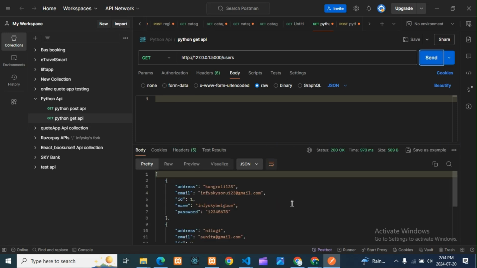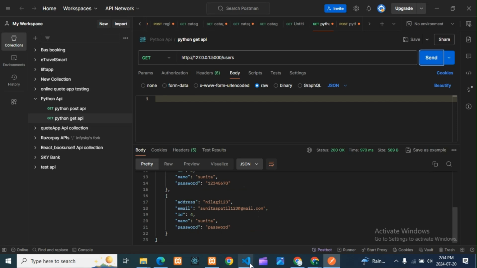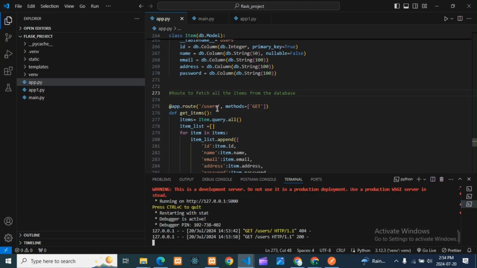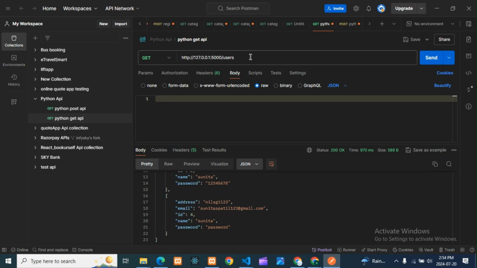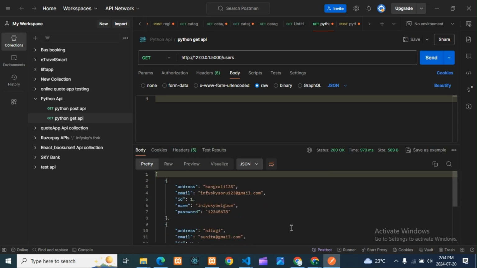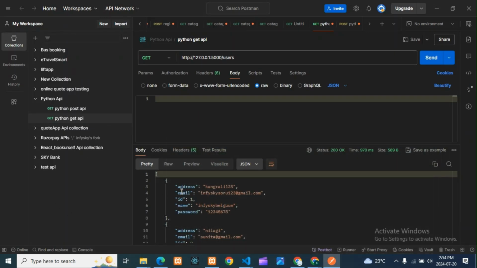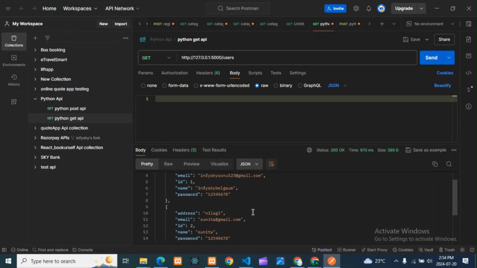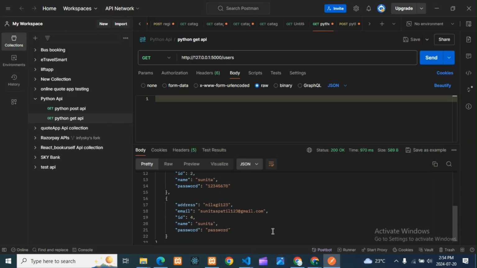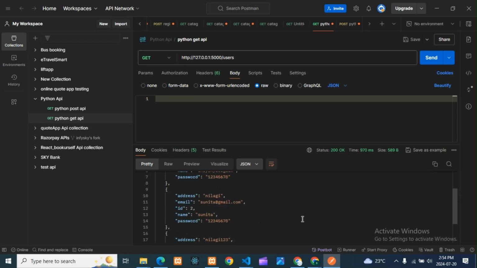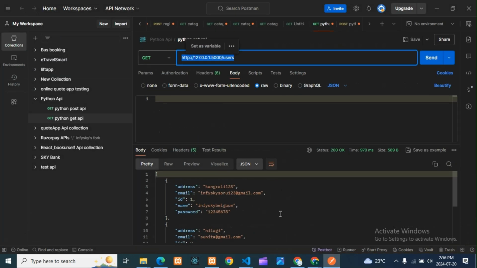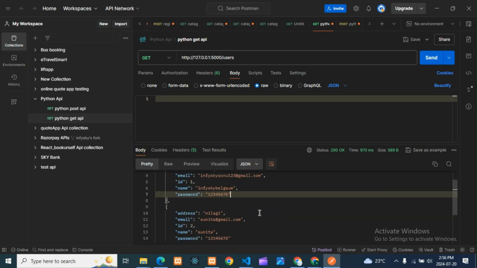Okay, you can see guys, now I got my answer, right? Here you can see there is no forward slash, and I had taken a forward slash, so it will give an error. If your route is not correct, it will give 404 not found. So you understand guys, it is a route error. Okay, so you can see whatever data I have in my database, Pisca welcome, Sunita, Sunita at gmail.com, Sunita123 at gmail.com. So we got our data, we got our result.